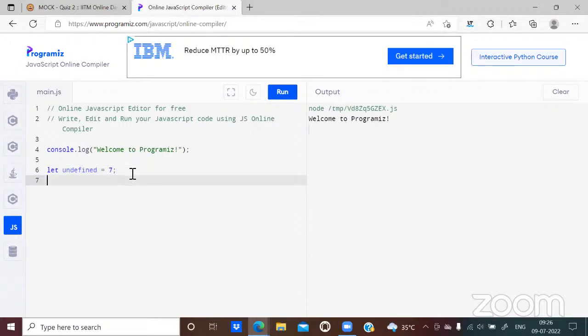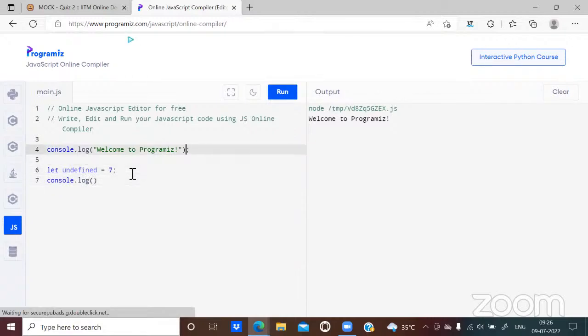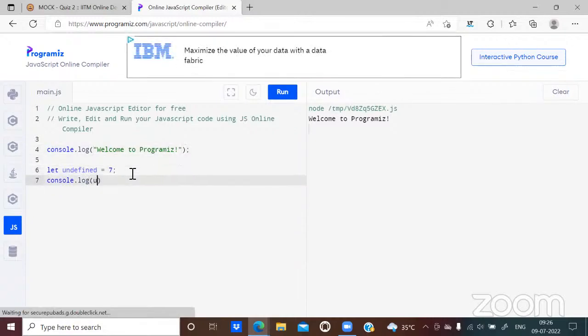But one thing here is console.log. Now, what do you think is going to be the output? Nothing should be output, or maybe an error.